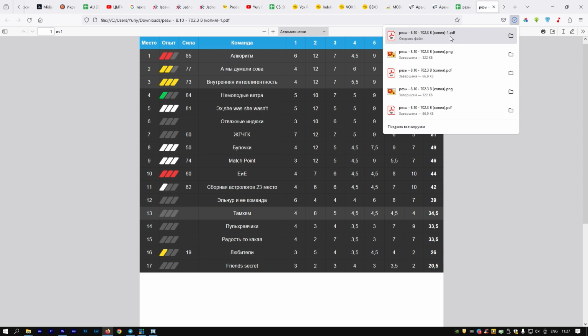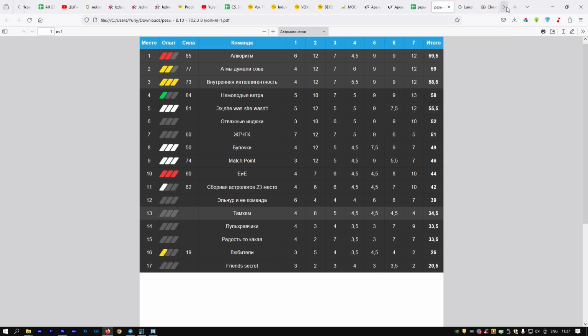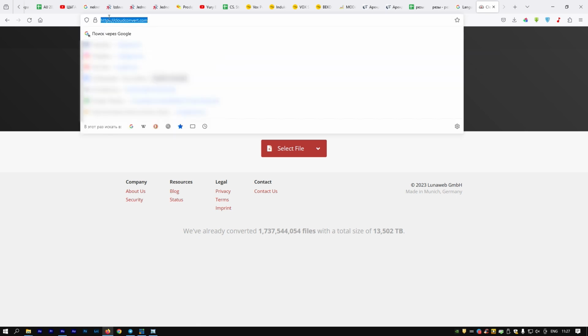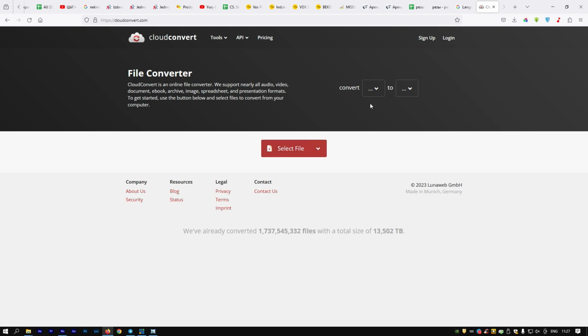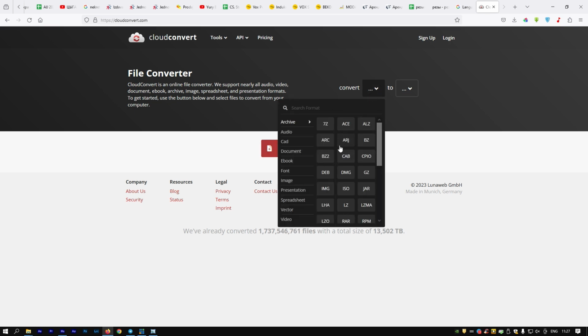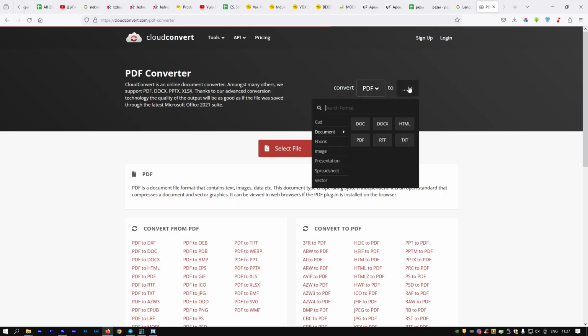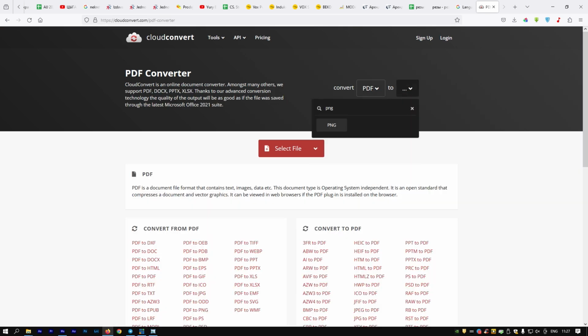We have the file here. Then we need to go to the website cloudconverter.com, choose Convert PDF to PNG,